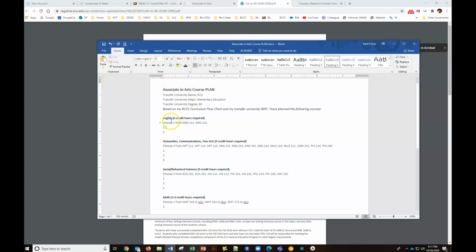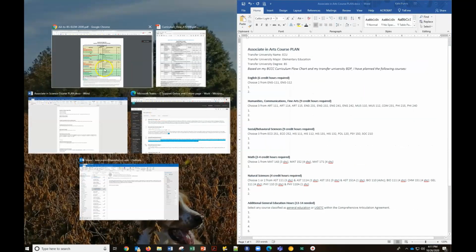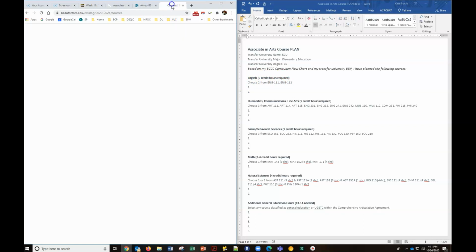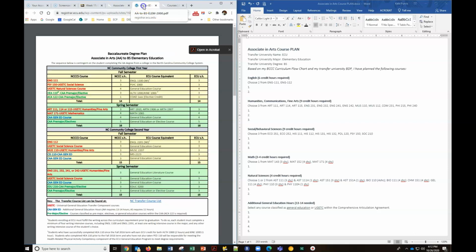For the Associate in Arts, you know that you're going to have to take two Englishes, English 111 and English 112. I'm going to pull this over for just a second. And you'll see that English 111 and 112 are required for your associate's degree. Again, here's your curriculum flowchart, Associate in Arts. There's English 111 and English 112. And we know because we've done our research on our prerequisites, I have to take English 111 before I can take English 112. If I look at the BDP,